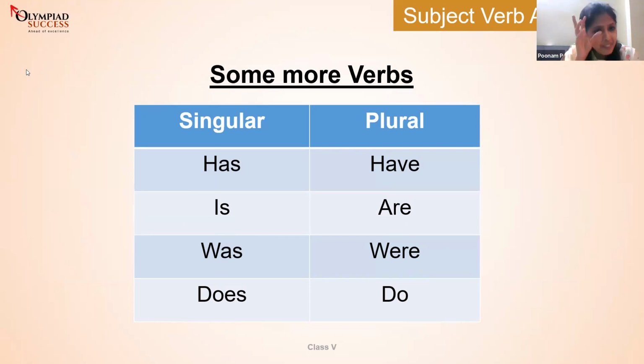Incidentally, even these verbs that end with S are in the singular category: has, is, was, does. And the ones in the plural are have, are, were, and do. Okay, now,